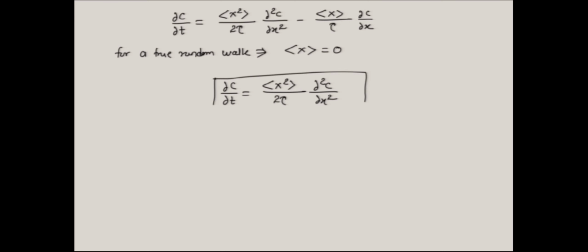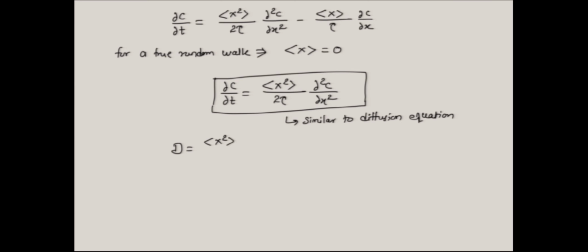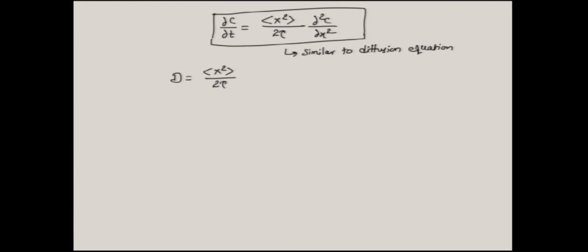This looks familiar. This is similar to the diffusion equation, with diffusivity D being written as x square by 2 tau. Now, this is in one particular direction that we are considering for a true random walk problem, and